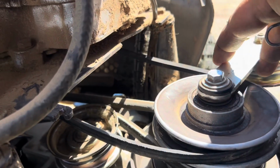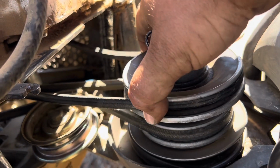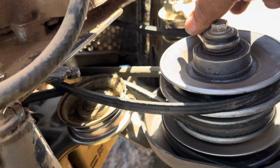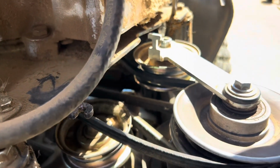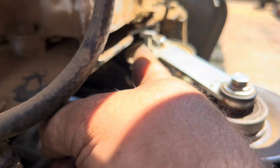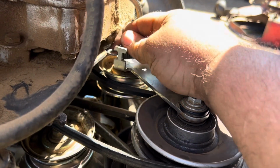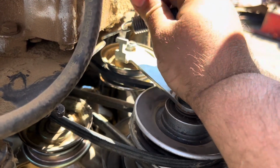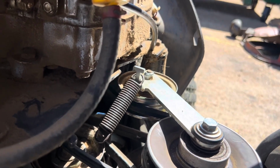So we moved our tensioner all the way out. It's around the front here, around the back. Then we want to tension. See how we tension? And then a spring goes here and a spring goes here. So we put the spring around it. And then what you want to do is get a good